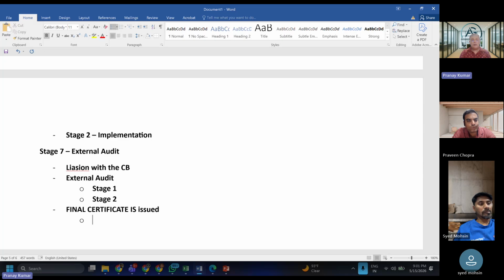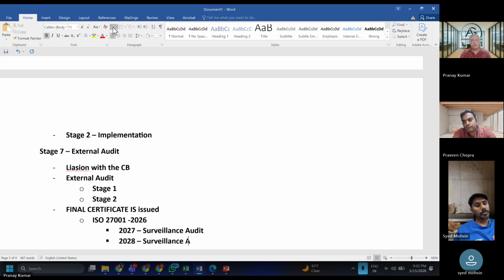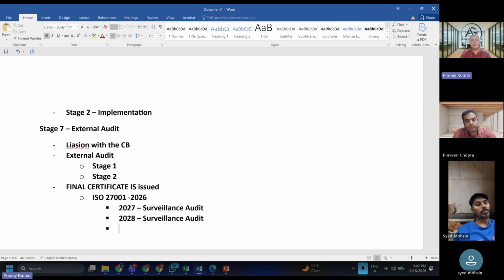Which means if, let's say, at AIG we got ourselves ISO 27001 certified in 2026, तो 2027 में फुल फ्लेजेड ऑडिट नहीं होगा, सर्वेलेंस ऑडिट होगा। 2028 में फिर से सर्वेलेंस ऑडिट होगा। एंड 2029 में री-ऑडिट, रीसर्टिफिकेशन।